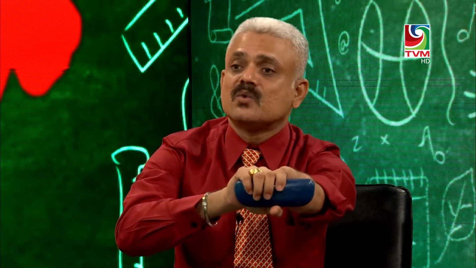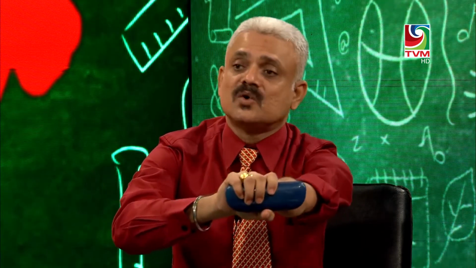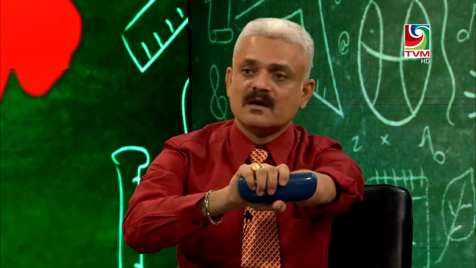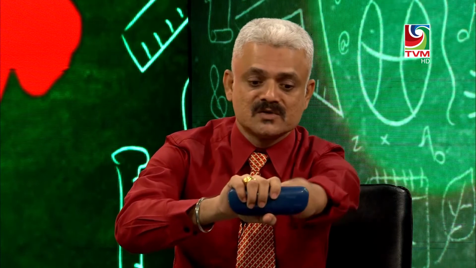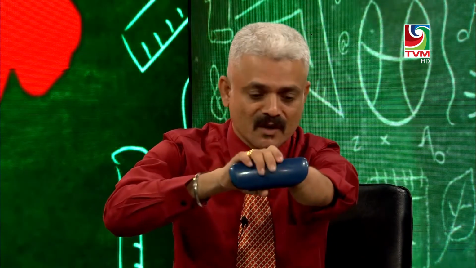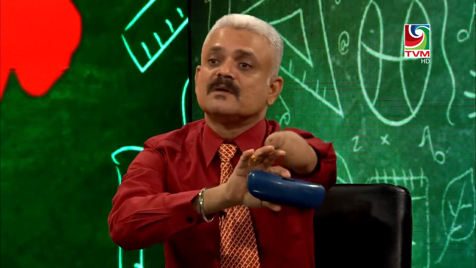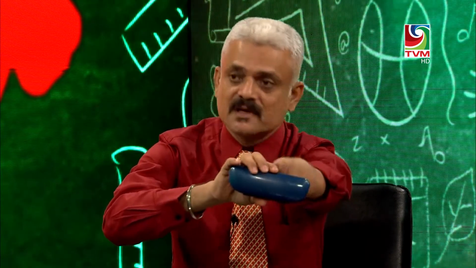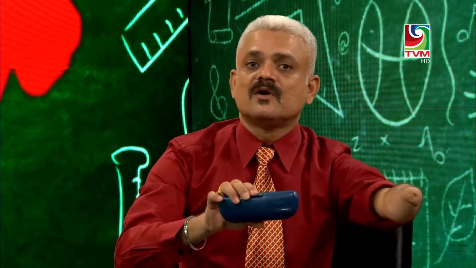Now the paper is tight. At this point what happens? The plastic toner, which is positively charged, sticks onto the negatively charged paper. Okay, it sticks on negatively charged paper and the paper is completely holding the drum. Now at this point what happened? The negative charge from the paper is removed by giving a positive charge. Now the paper is detached from the drum, and after this the paper goes for fusing.